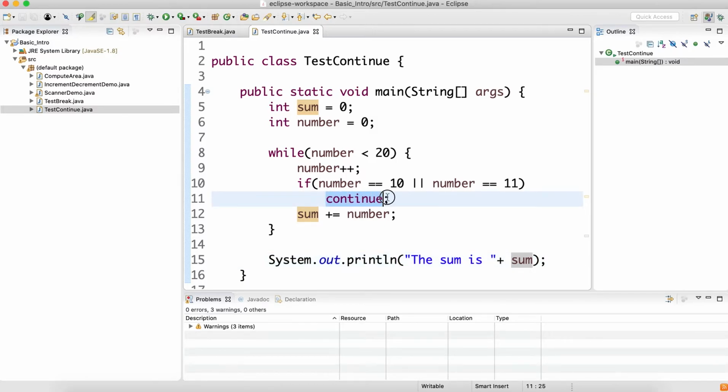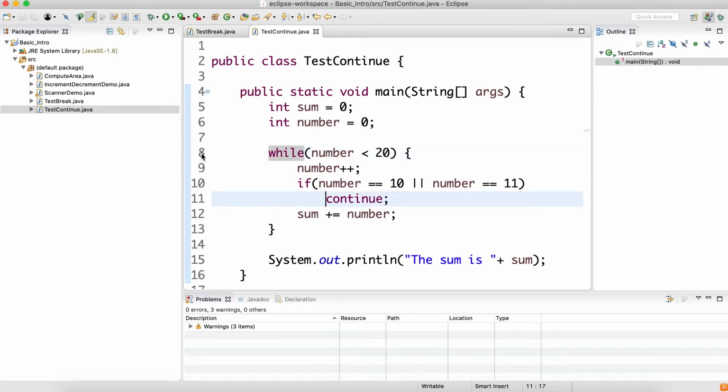Whenever we encounter this continue, it will no longer continue the loop body. That means it will not go to the next statement, rather it will go directly to the comparison here. That's the task of continue.